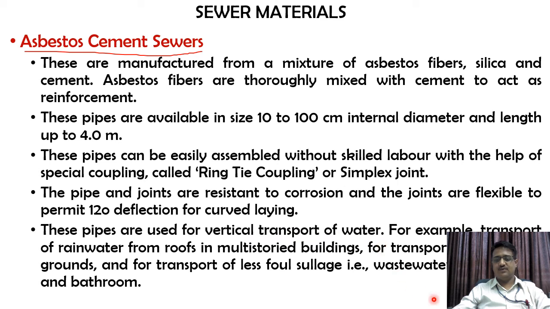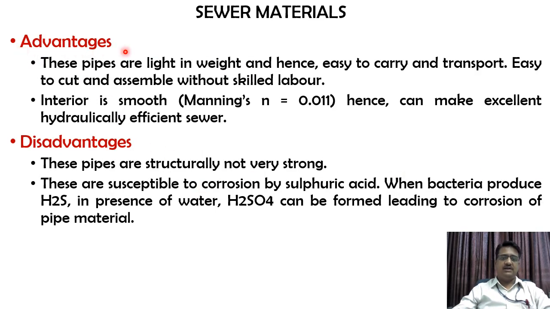These pipes are used for vertical transport of water. For example, transport of rainwater from the roofs in multi-storied buildings, for transport of sewage to grounds, and for transport of less foul sewage, that is wastewater from the kitchen and bathroom. So for these, asbestos cement sewers are preferable. Advantages: